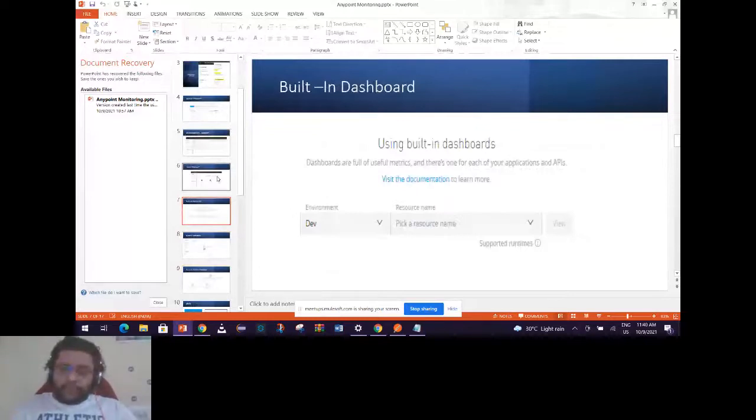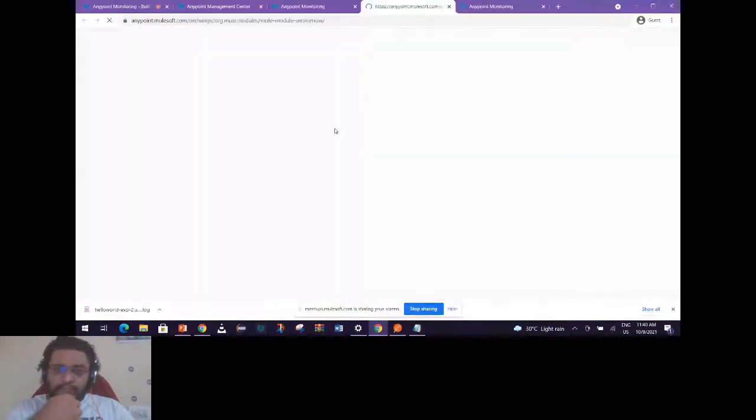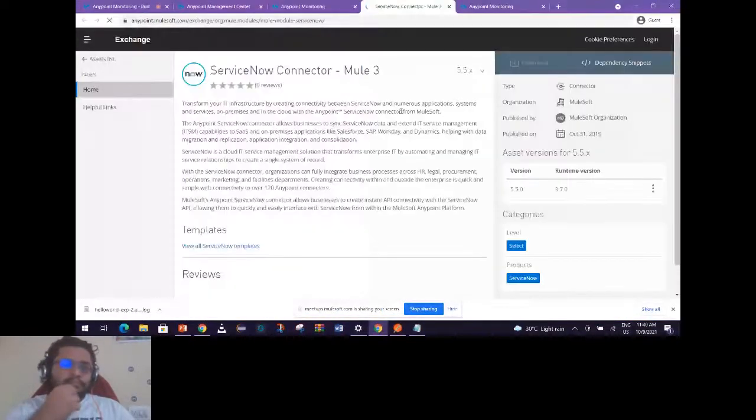So you can always connect your notifications to an external system from any point in monitoring. This will route you to the Exchange page of that particular connector, and from there you can leverage the APIs. It will give you the guidelines on how to use these connectors to send notifications to the external system.